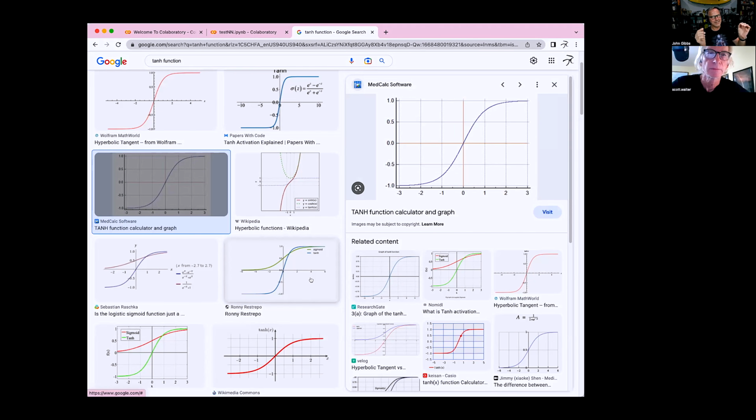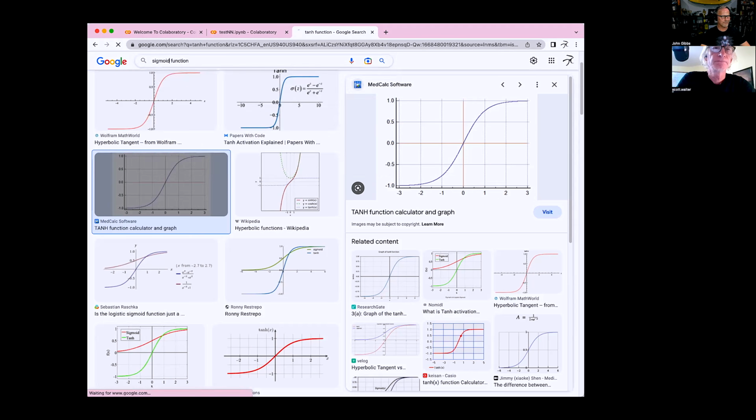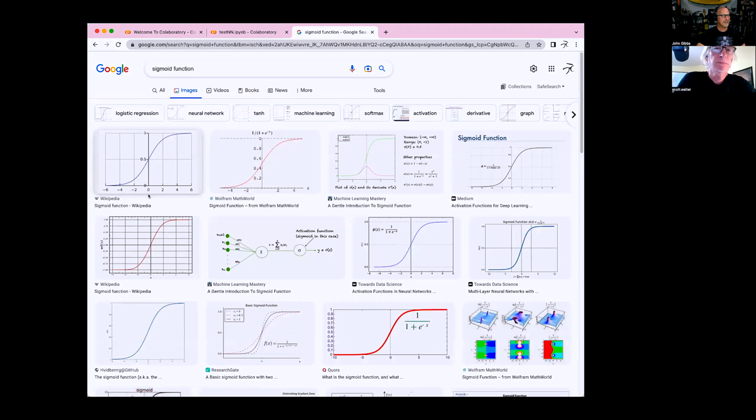This is a really critical part of doing neural networks: you have to have a nonlinear step. So this is our nonlinear step. In other words, it doesn't look like a line when you graph it. This takes negative infinity to positive infinity and squishes it between -1 and 1. That's effectively what it's doing, a squishing function. Another very popular one is sigmoid, which looks really similar to tanh, except that notice it goes between 0 and